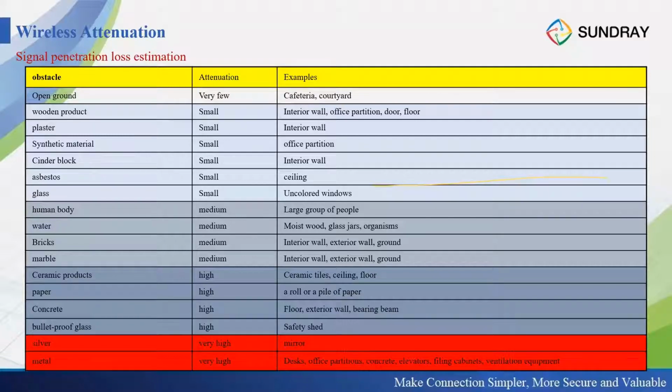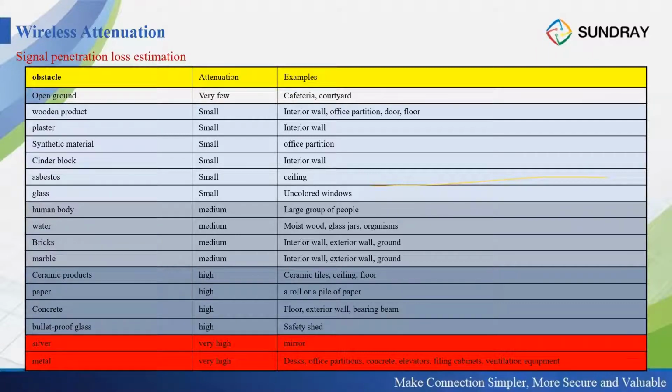electromagnetic waves. So when we do the project, if that wall or cell is metal, put the AP in front of the metal, or don't put it behind the metal. If you do that, the signal will be very bad. And another is like wood, especially wood. When we